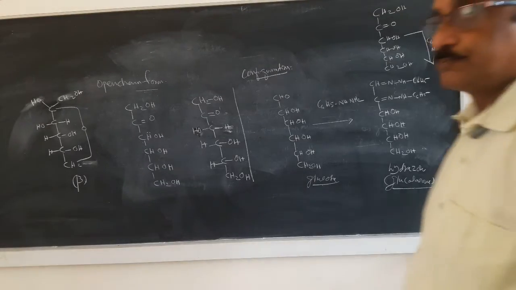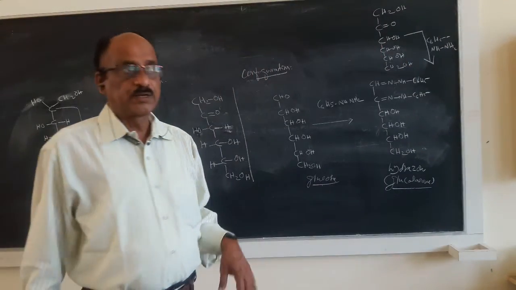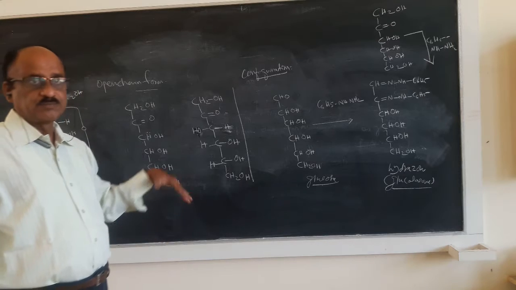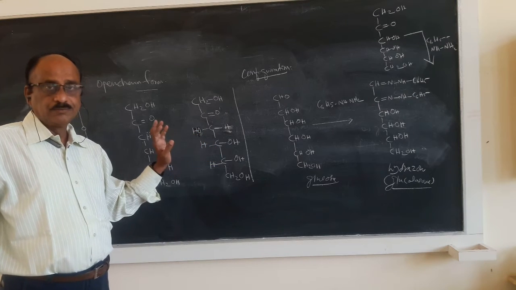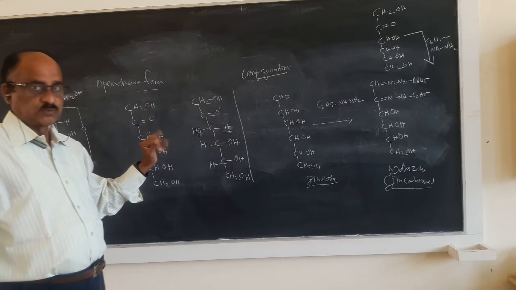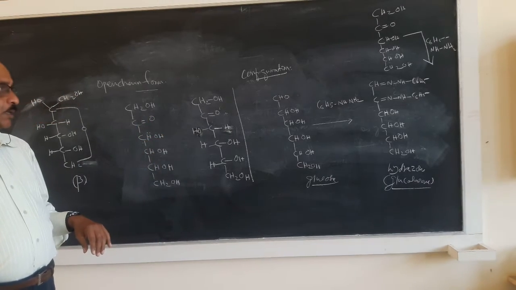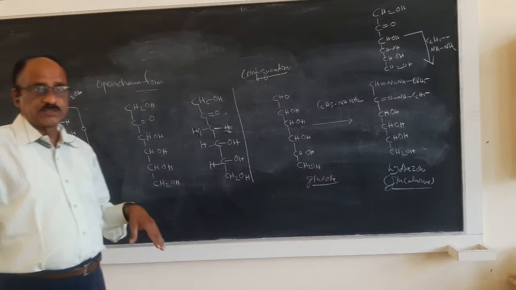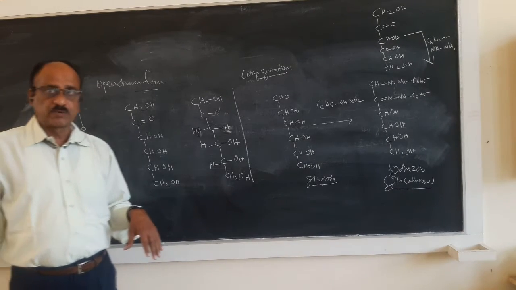Okay, students, I am continuing the same thing, same chapter, same heading. It is the structure of fructose molecule. So we came to know that fructose is a long chain compound containing 6 carbon atoms,